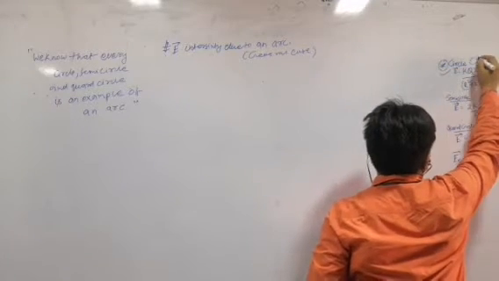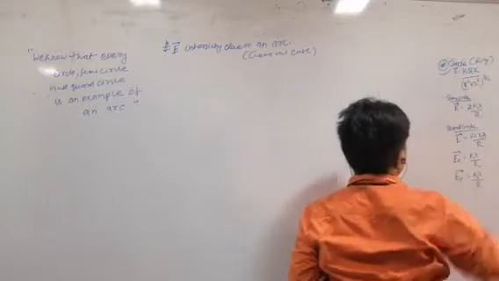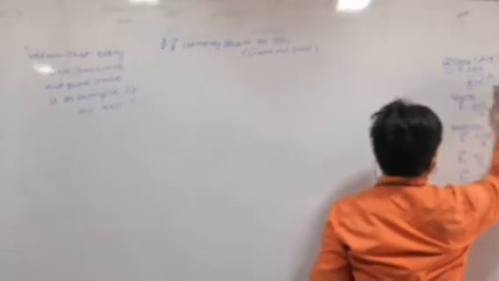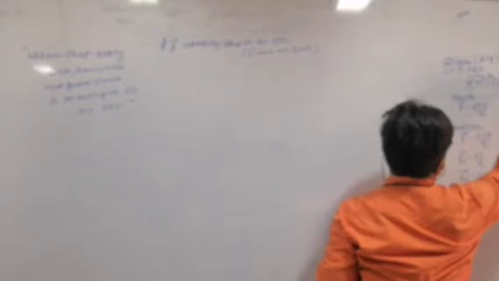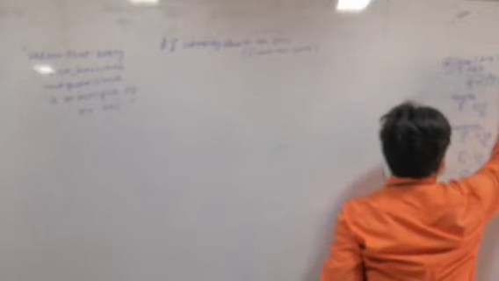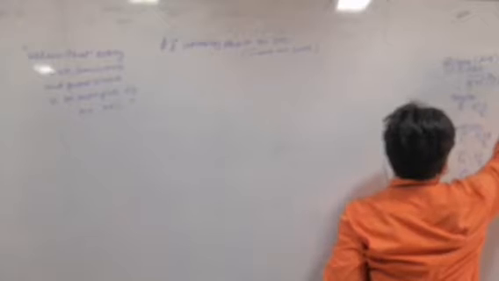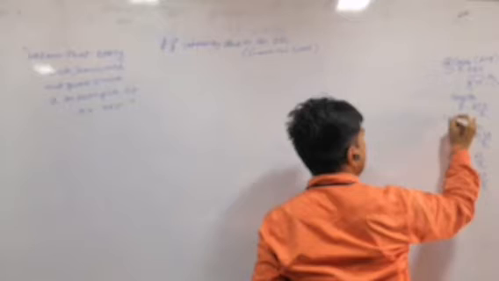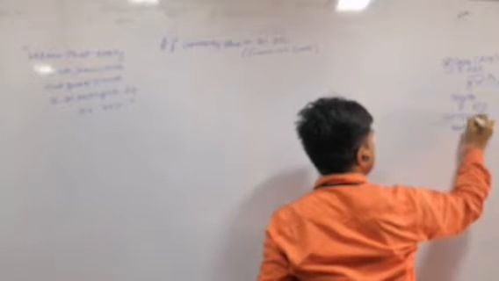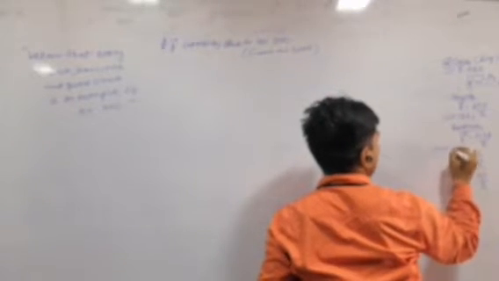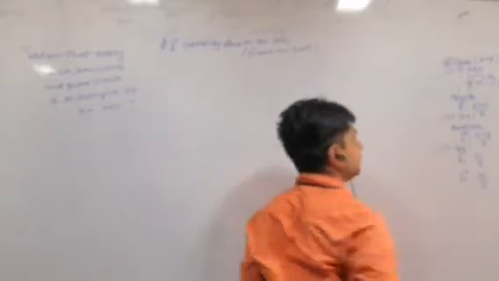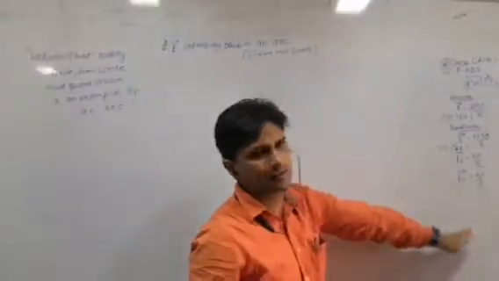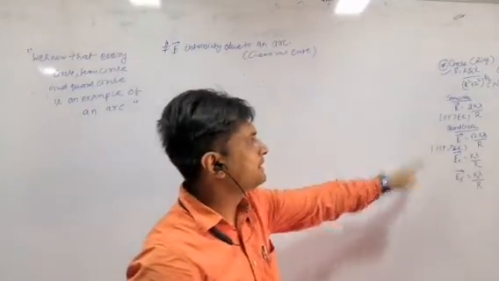That's why I elaborated the circle in your class. So this is totally for your NCERT and important for your CBSE exam. But these two are important for IIT JEE. So you people don't think about IIT JEE, but these two things are very important for your IIT JEE purpose.